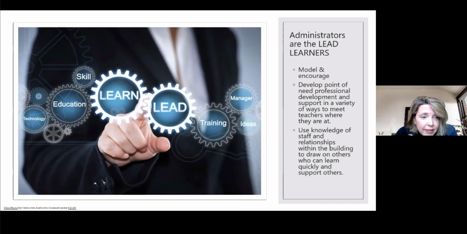Even in remote learning, I've seen this happening across districts, large districts that have to do this at scale. They're really pulling on those relationships of their staff and their support system to help teachers learn from each other and to establish that leadership within that's coming from administrators, but also being that modeling factor that's encouraging everyone to step in and really look at how education is changing.